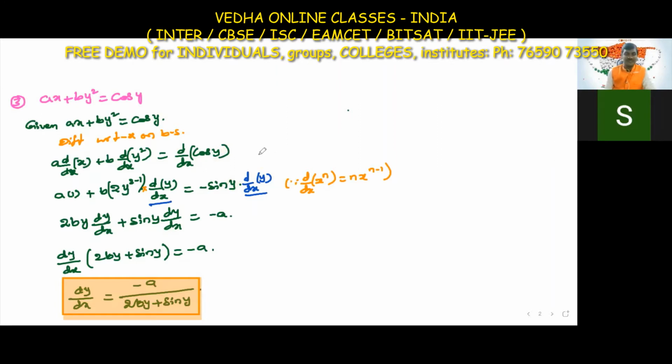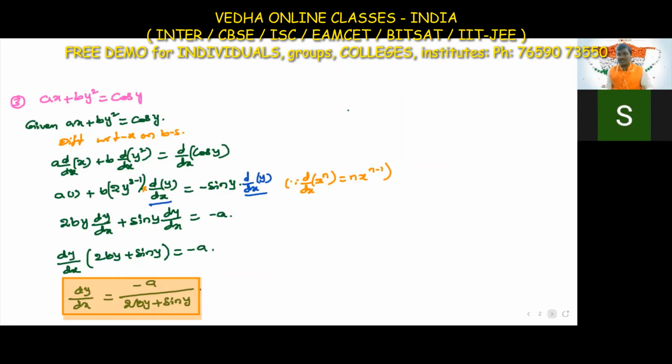Yes. In both the steps we have dy by dx here and dy by dx here. If we take common, whatever we have remaining, 2by and sin y, we write that. Okay sir, understood. And if there's x in the place of y, we wouldn't multiply by dx? No need of that. Even if you differentiate d by dx of x, we get 1 only, into 1 we get. So no need of differentiating the function if we have x. Okay, good.